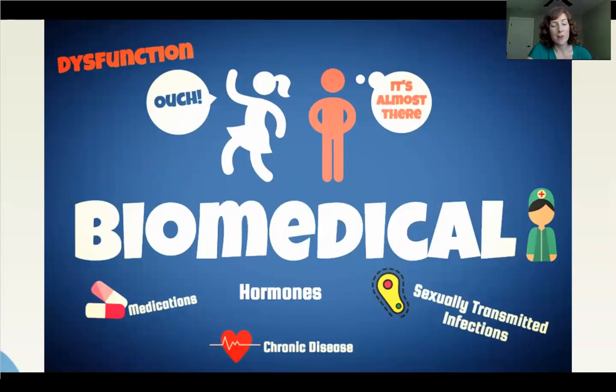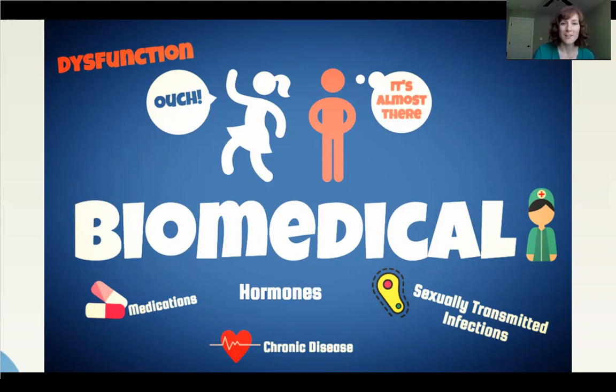And for men, I have that it's almost there because erectile dysfunction is the most common sexual concern, oftentimes for older men. So as we saw in the last lecture, there were quite a few, around the high 30s or 40 percent of men, older men, who report some kind of erectile dysfunction. Also in the biomedical model are the different biological functions, right? Or biological aspects of sexuality, which are included in the biopsychosocial model as well. Chronic diseases and the impact that they have on your sexual health, medications, hormones, as I mentioned, and sexually transmitted infections are a few.